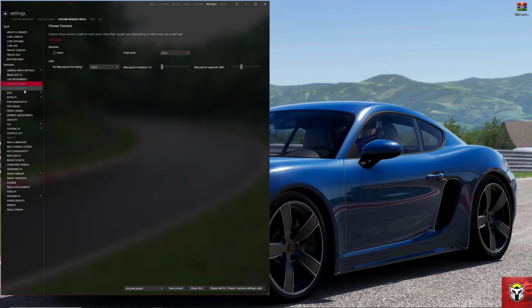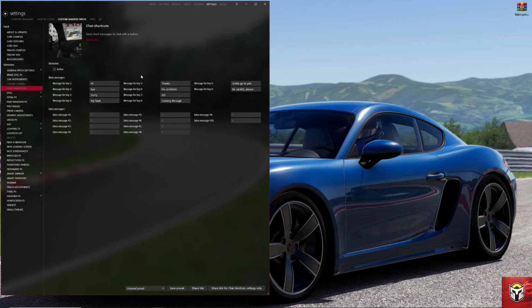The next one is chat shortcuts. This is something I've not really used. I would imagine it's used mainly for online racing. And as you can see, I've not got it active, but what you can actually do is set up custom messages here for all your keys. So for instance, if you wanted to change this one, you could say have a nice day. So if you press key 1 when you're actually racing in the game, that's what it will come up with